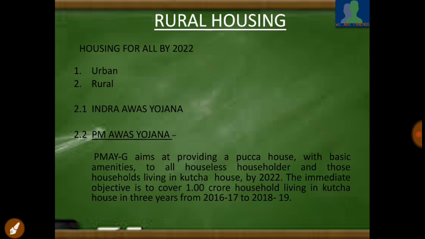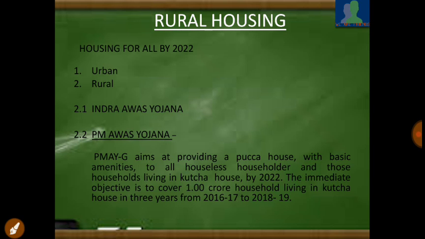Rural housing aims to provide affordable, safe and secure houses for rural people. The present government aims at providing housing for all by 2022. It has two components, urban and rural. Before this government, the Indira Awas Yojana program was already being implemented, but now this program is renamed as Pradhan Mantri Awas Yojana, and the Pradhan Mantri Awas Yojana Gramin component aims at providing